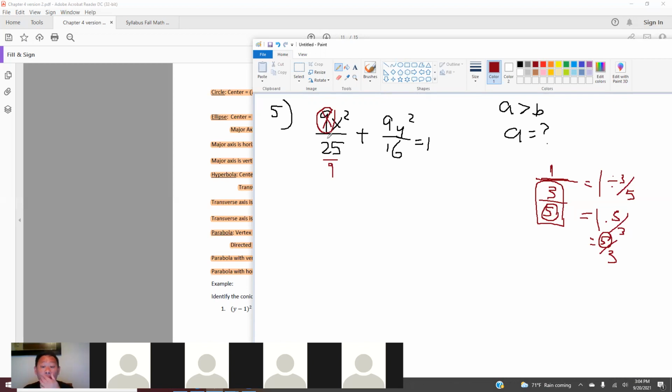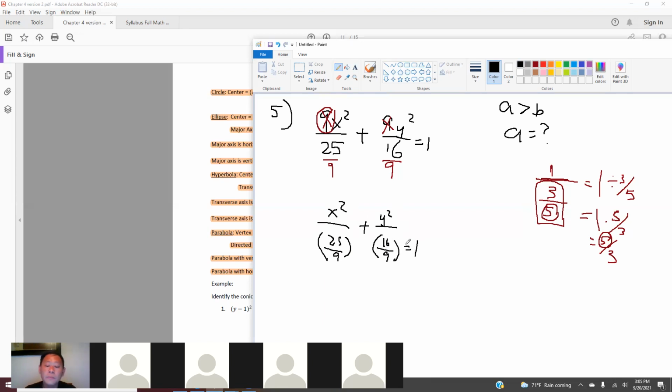So this 9 will be gone. We don't want this 9, so we just move it down. And this is still 1 because we're just changing this fraction to become a complex fraction. So what we have in this case is x squared over 25/9. This is a trick that I am showing you here. And then y squared over 16/9